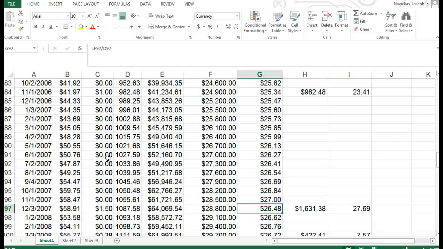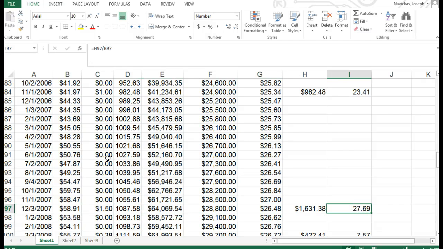We can't be market timers always, and so when we're going in and acquiring a company, if we send them a check every single month, and the average person can definitely do this, this is not hard to do. We could send them $100 a month, $200 a month, and over a long period of time, we're going to get that average cost down. And at the same time, we're going to be receiving dividend checks if the company pays dividends, thereby acquiring even